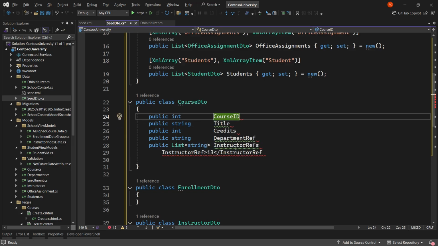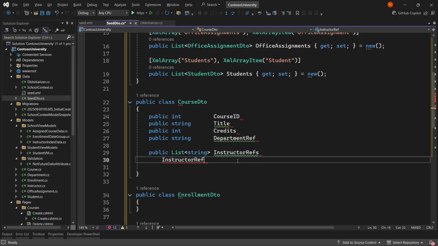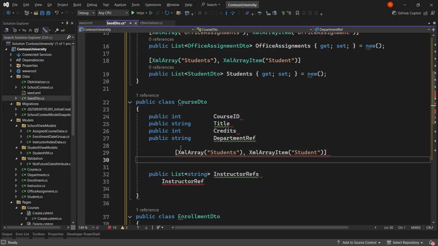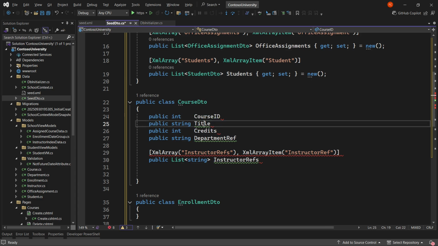Okay. Then over here, I'm going to reference the instructor ref in the same way that I did earlier. I'm just going to add my decorator, but for the array it's going to be instructor references. Then for the item is going to be ref for students. So let me just move these over, and then I'm going to put my getters and my setters,